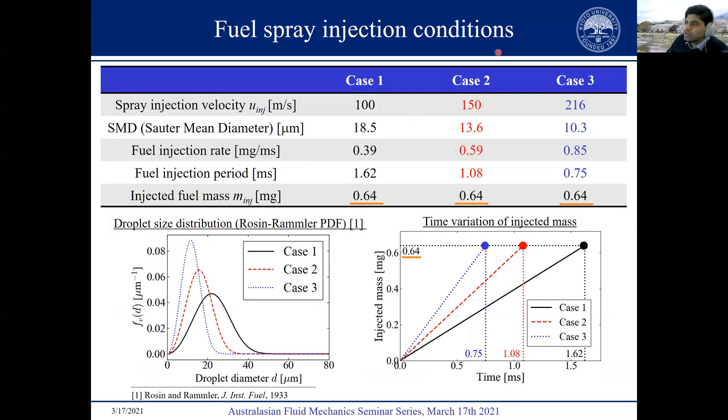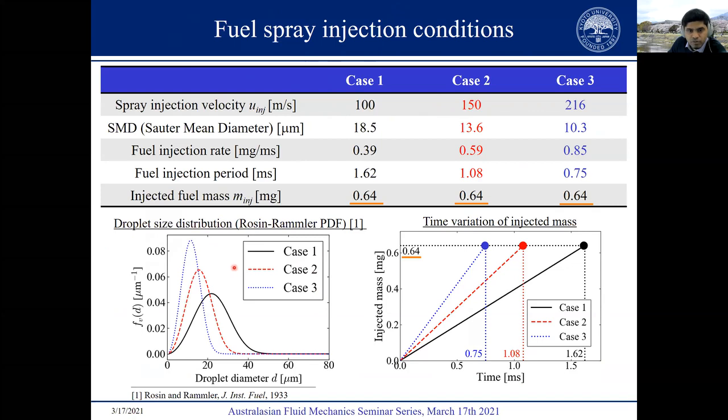So these are the fuel spray injection conditions. In this study, 3 cases are simulated for different fuel spray injection velocities of 100 meter per second, 150, and 216 meter per second, because we want to investigate the influence of the fuel injection velocity on the wall heat loss. And for each case, the injected droplet size distribution is given by fitting the experimentally measured data using a